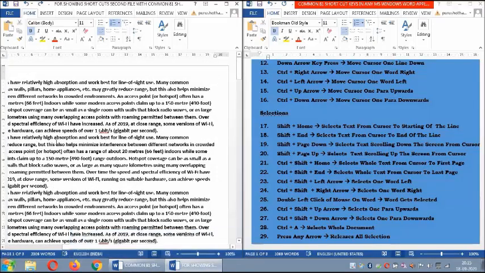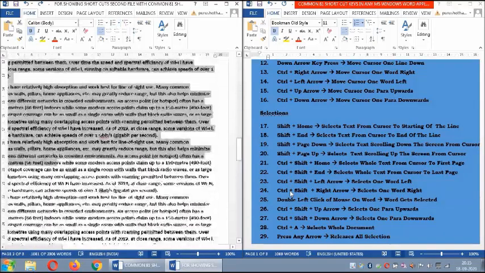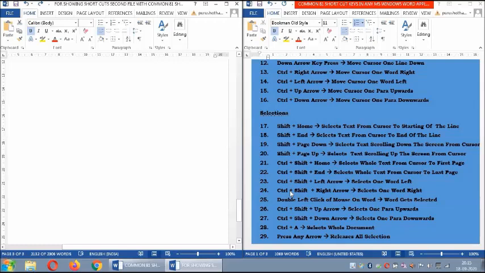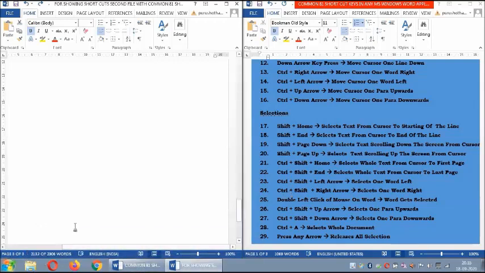Now I place the cursor somewhere here. Shift Page Down. It is selecting downwards till where you stop, there it ends. Now here I came to the last page. See, this is my third page. I am at the last, so there is no further selection. Now you see whether it is selected or not.